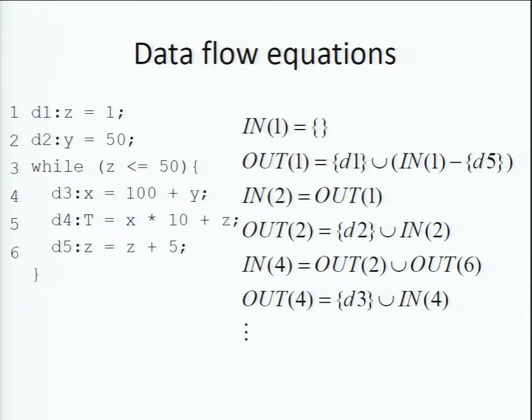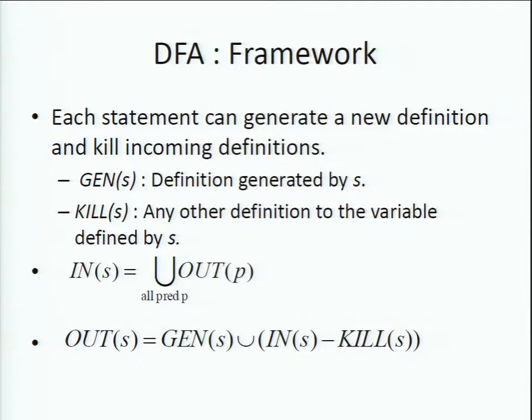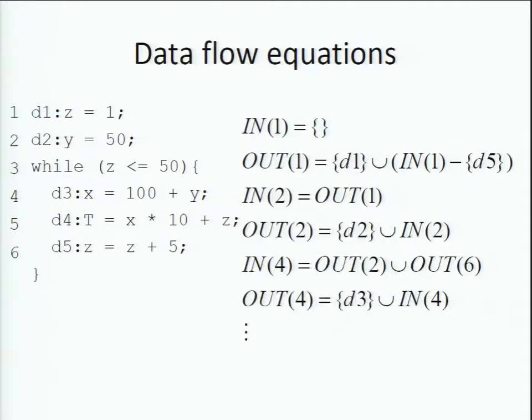Now we have the gen and the kill sets. Now we'll just use the data flow equations. We have the data flow equations here, in and out, and we are going to populate them with the gen and kill that we have defined so far. We will have in1 equal to empty, and out1 will be equal to gen1 union (in1 minus kill1). But gen of 1 is d1 and kill of 1 is d5. So I will simply assign the values to all the sets, and these are the set of equations that we will get for this program.